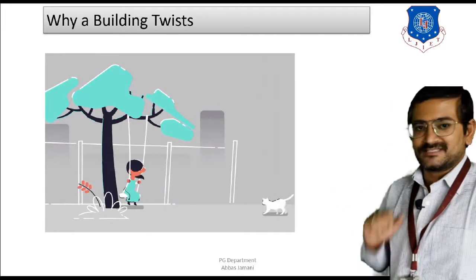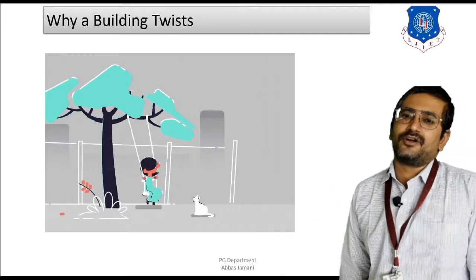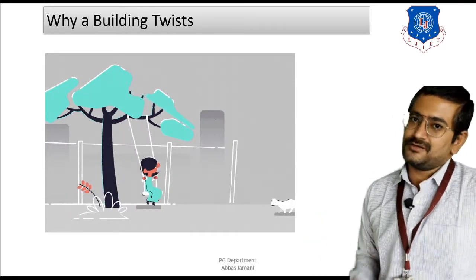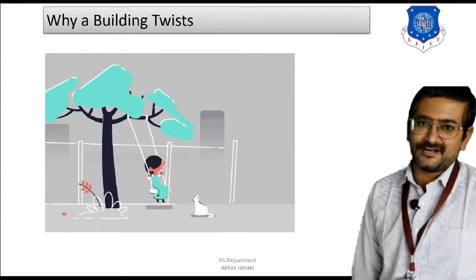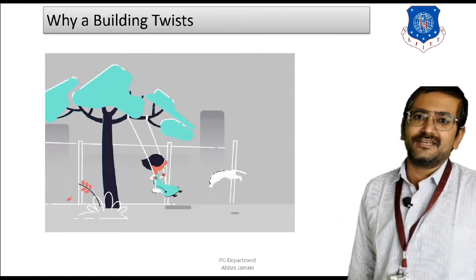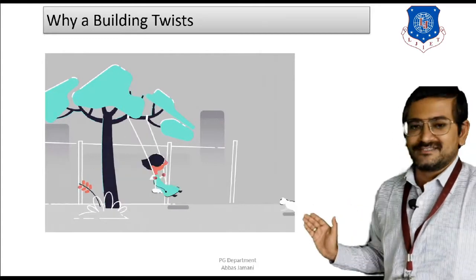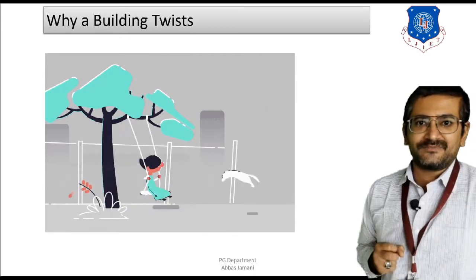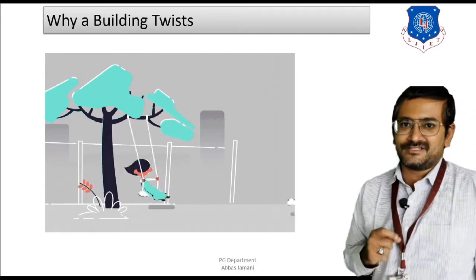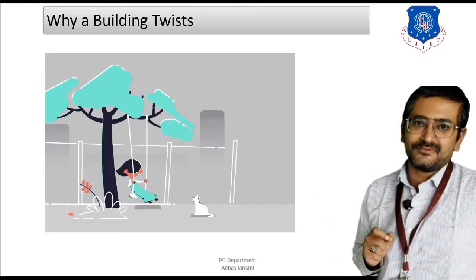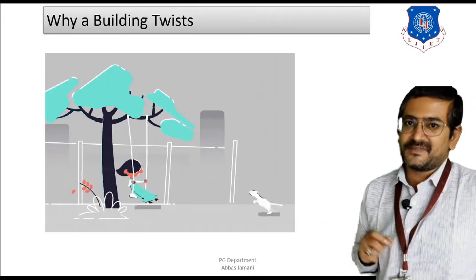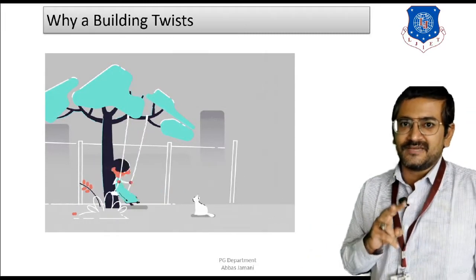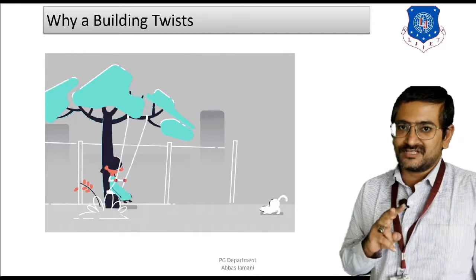So in this particular example, I have taken the example in order to better understand the movement of the building. A simple example that I have taken is the rope swing, right? We have all enjoyed this ride in our childhood. Now as you can see in the figure over here, the child is sitting at the center of the swing and is enjoying, right? So two important aspects for the enjoyment are necessary. First is that the length of the rope is going to be the same on both sides, and second, the child is sitting at the center of the swing. These two aspects you have to keep in mind as they are going to be discussed throughout this lecture today.